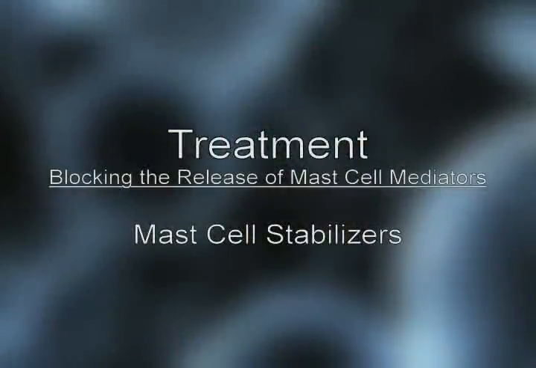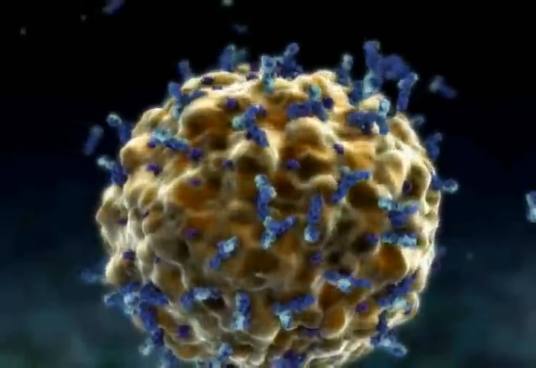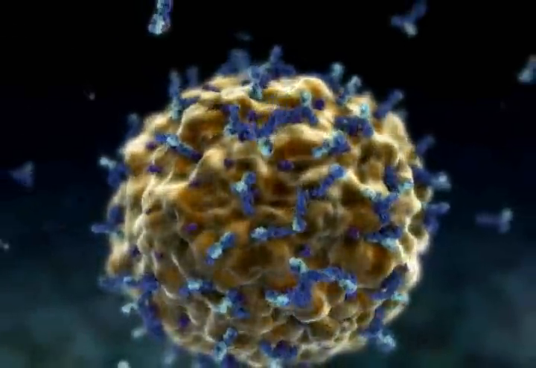So we concentrate on blocking the mast cell mediators. The blocking of the mast cell mediators is at 2 different levels. The first level is at blocking the release of those mediators from the mast cells. We give a compound that's called sodium cromolyn, and sodium cromolyn can be given in different forms. It can be given orally, it's called Gastrocrom, or by inhalation, it's called Intal, or nasally, Nasalcrom, or ocularly. So there are many forms in which this compound can be given, and this compound has been shown to have very strong properties at inhibiting the mast cell mediator release.